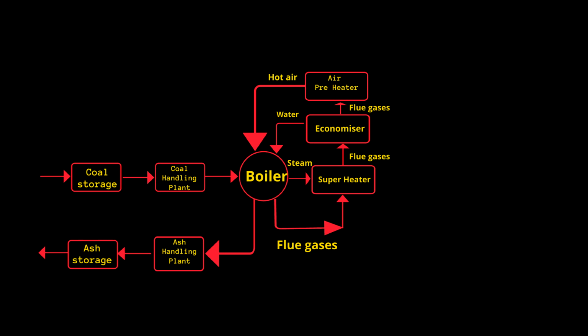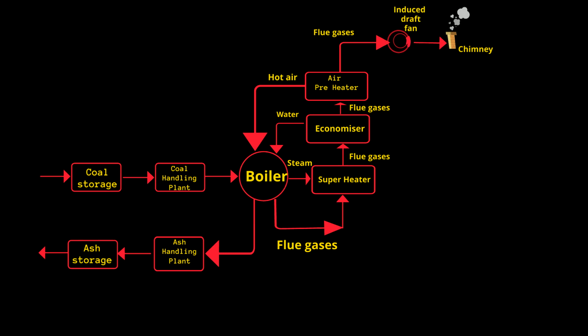Flue gases are sucked by the induced draft fans, like for example, the fans you see in the kitchen. Just like exhaust fans, these flue gases will be sucked by the induced draft fans, and then by using electrostatic precipitators, small particles of dust or fly ash are removed from the exhaust gases, and then passed to the chimney and from the chimney to the outside atmosphere.